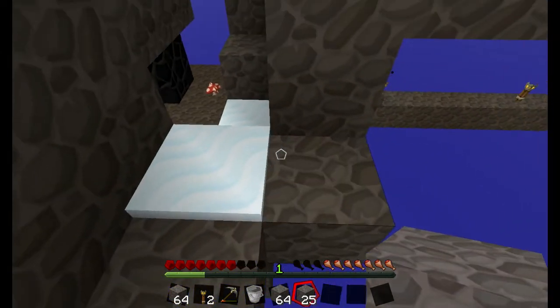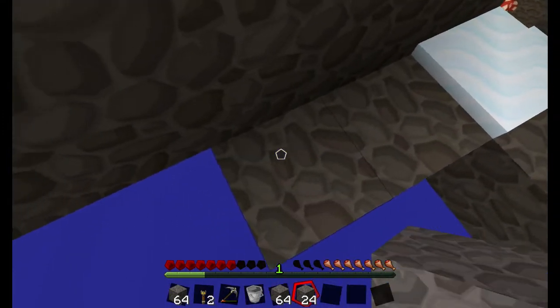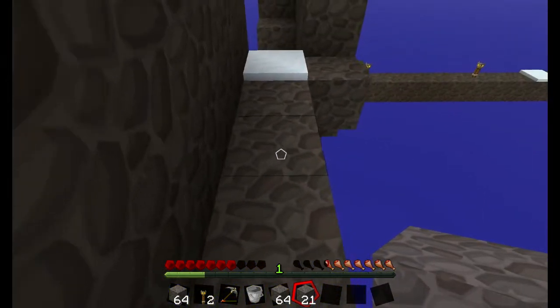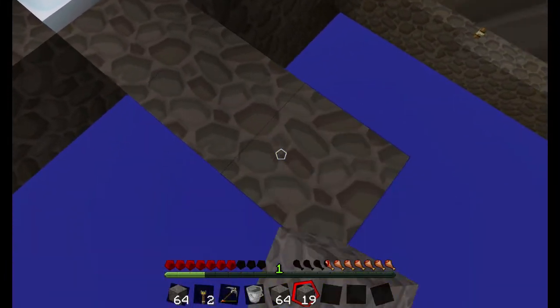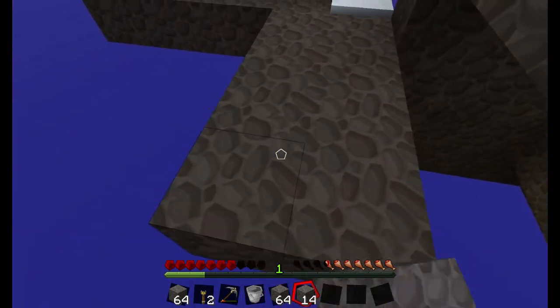Okay, so that's going to be my wall. 1, 2, 3, 4, and that's my other wall. And I've got a wall here. 1, 2, 3, 4, and my wall. And if I fill this in,